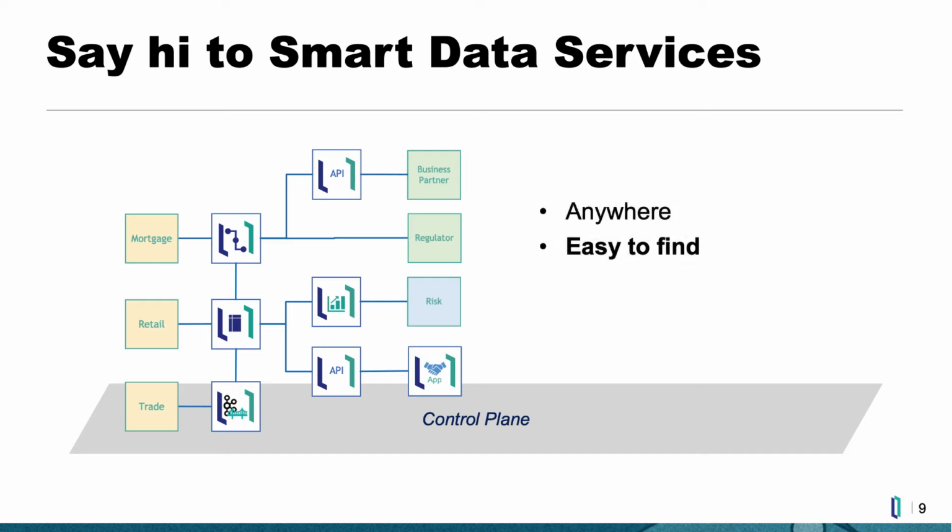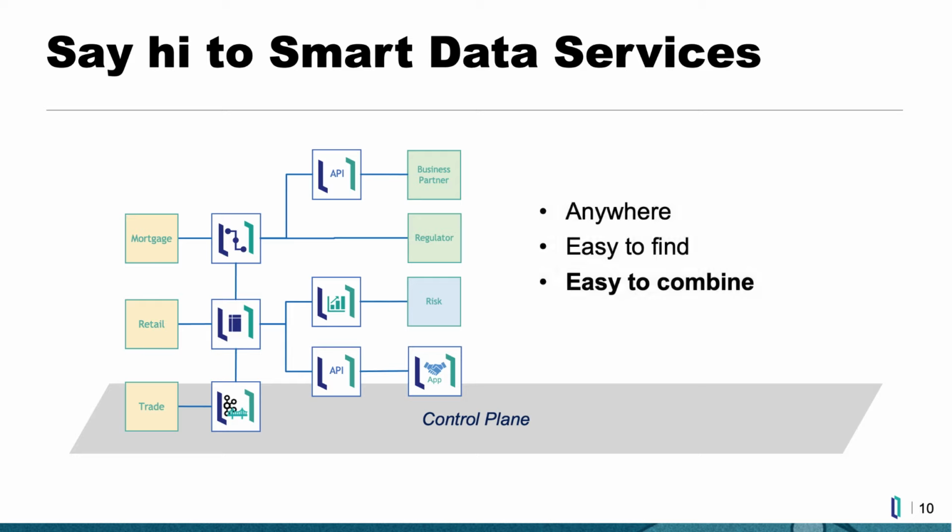It also makes it real easy to find products from InterSystems, but more importantly, it makes it easy to find products from our partners. We will share with our partners the recipe to package their product as a Smart Data Service, making it visible and available to all of our customers. It's the App Store experience that you have on your phone today, but brought to your data fabric. Customers, partners, architects, they will all be able to browse a catalog and quickly find solutions that will fit their needs.